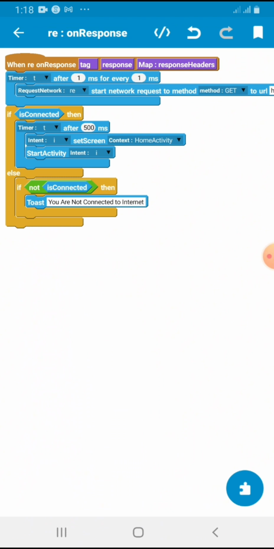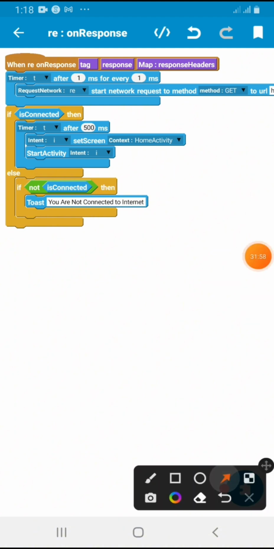What this simply means is if the network is successful at 500 milliseconds, let the home screen display. If the network is not successful, let the toast show a message: you are not connected to the internet. You see this message here: you are not connected to the internet. This message here is the message that will show on that toast which you fix in that message. All right,